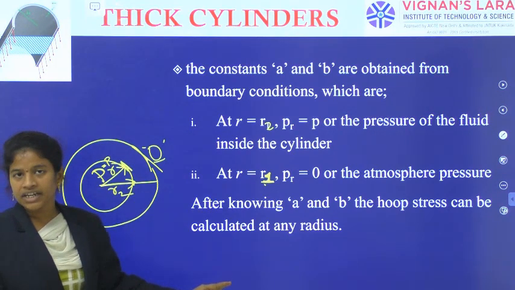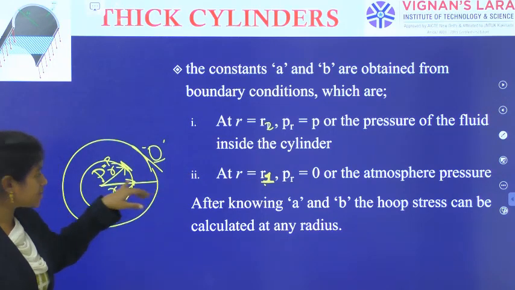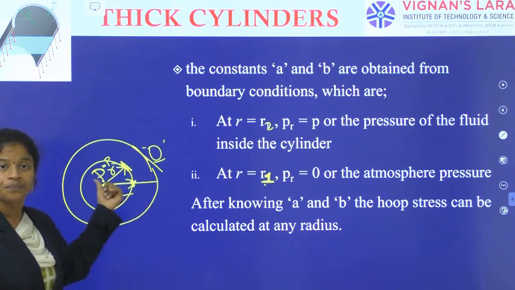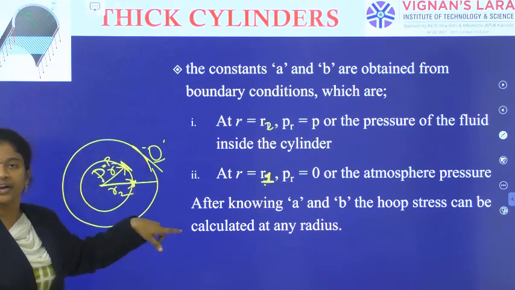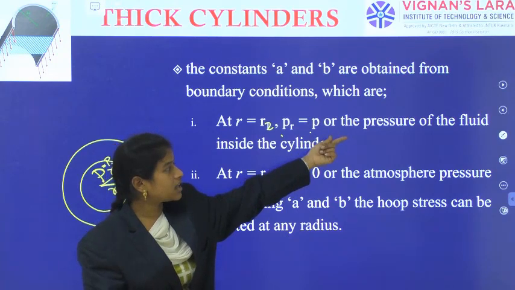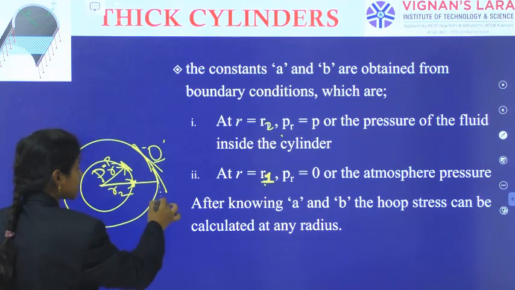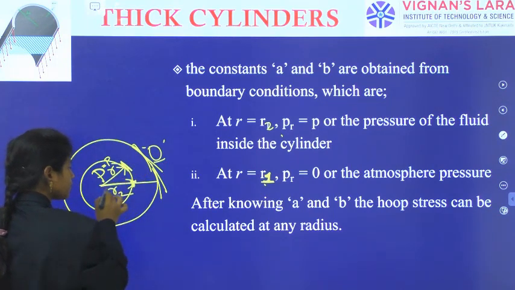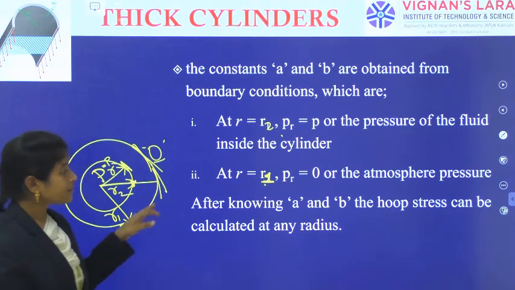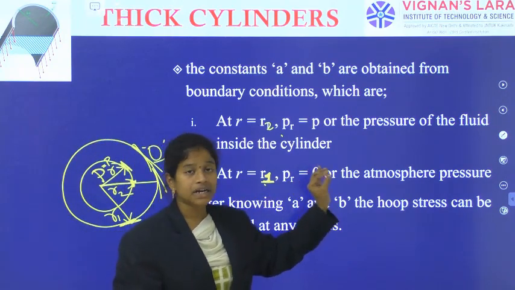Please follow the same notations I am indicating, but the number of slides I have changed, that's why the notations may change. The interior side of the fluid has a radius of R2. At that point the radial pressure is equal to its own fluid pressure, the pressure of the fluid inside the cylinder. And on the exterior, what is the pressure? That pressure is either equal to 0 if it is kept in the atmosphere, or a particular